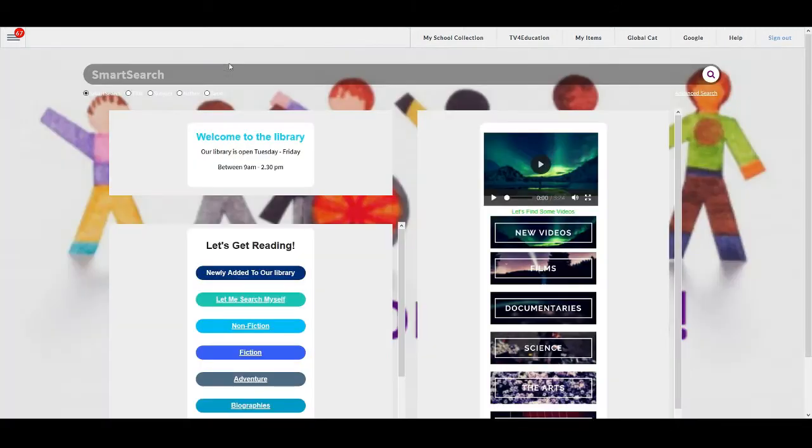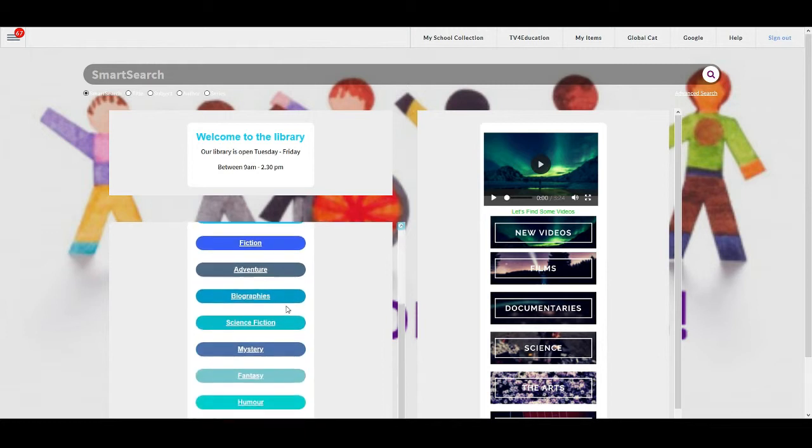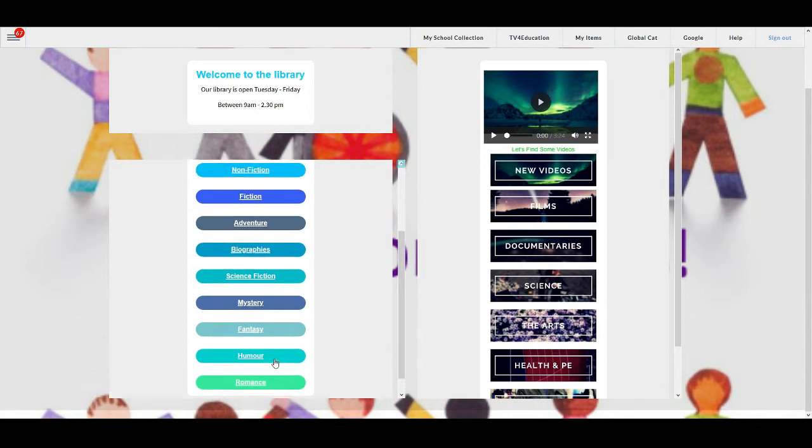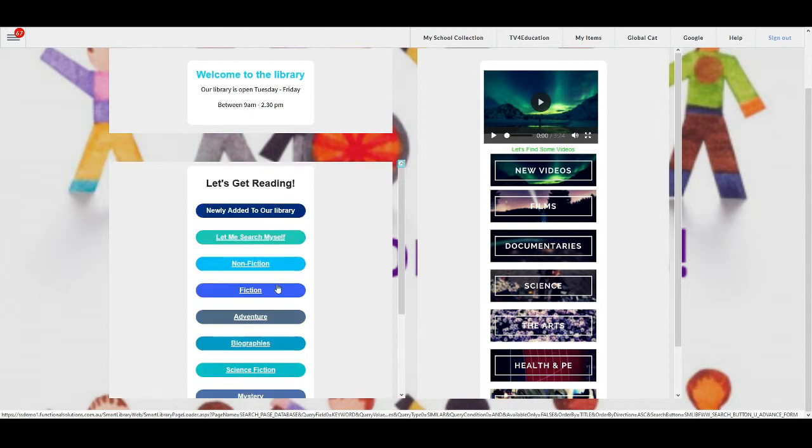Now I'm going to look at our Let's Get Reading. I have a lot of people ask us, how do I add or remove buttons or change the buttons that are there? For example, you guys might not have adventure books for whatever reason, so you want to change it to a different one, or you just want to remove it altogether. So let's go through how I edit